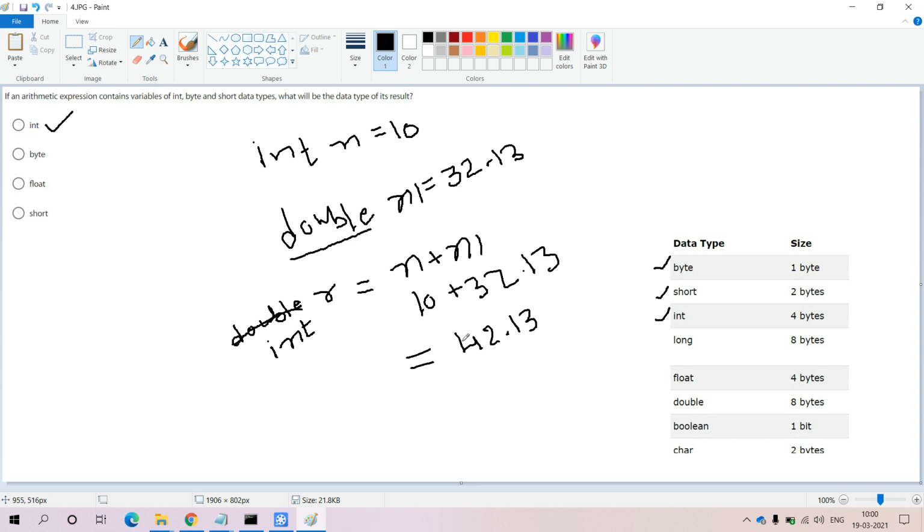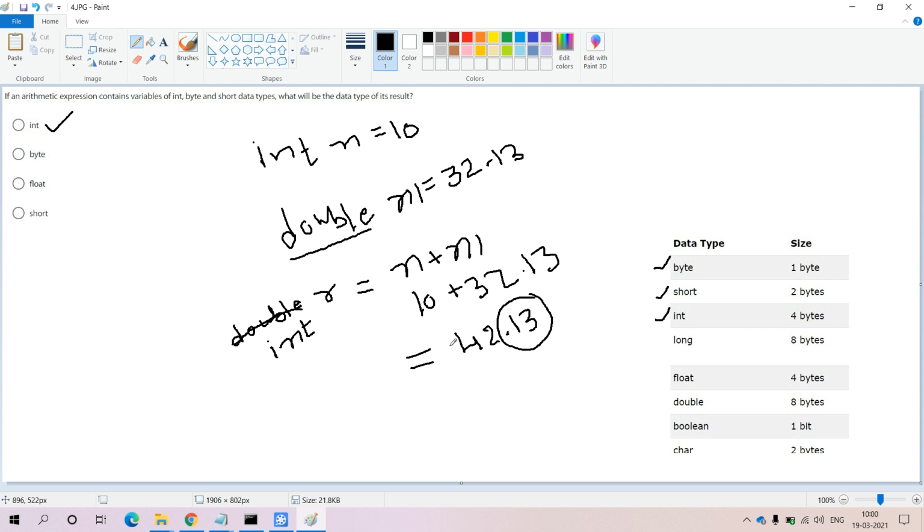What we are doing here, instead of storing it in the double variable r, is trying to store it into the integer variable. That means there is a possibility of losing some value here. Integer does not display the precision values; it only concentrates on the integral part of the given number.